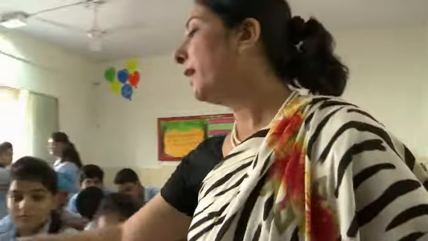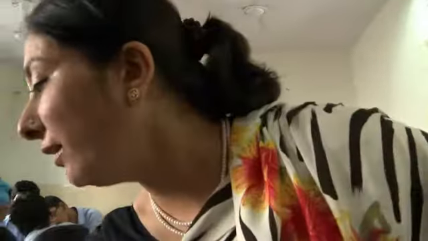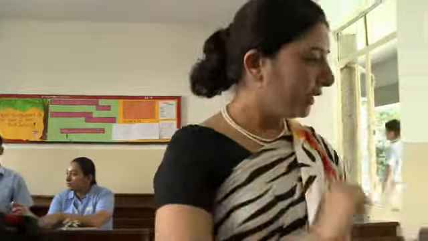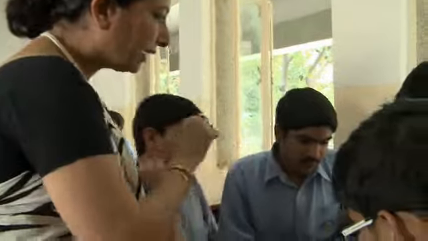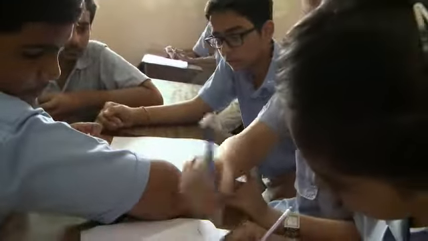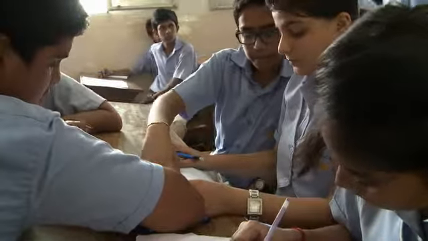I want this group to swap the sheet with this group and see if you can add some more information. You will have to underline it also if you are adding anything into the sheet of the other group so that they come to know that this is your addition. Clear? Please add something and underline it. The teacher ensures groups of similar ability levels exchange mind maps with one another to offer their classmates feedback on their work.